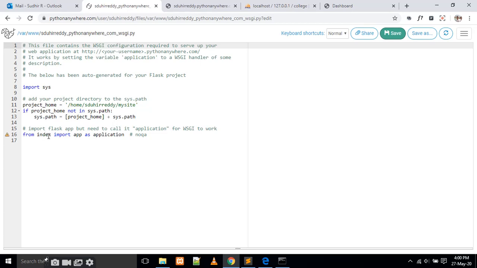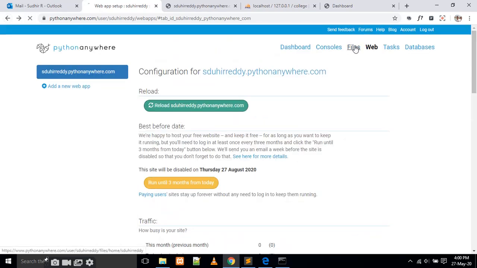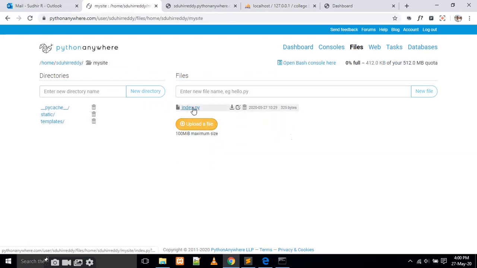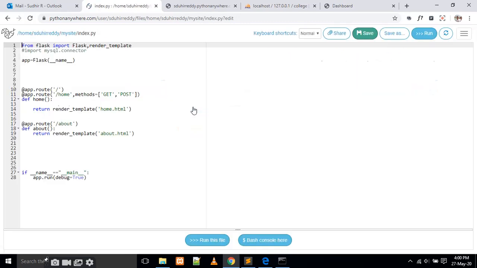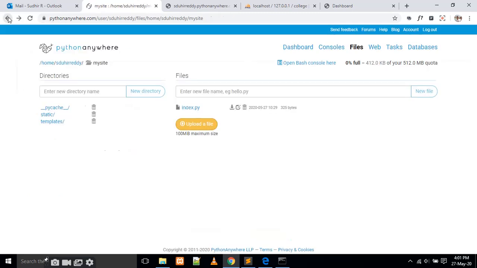That's why I am writing index here. Why am I writing app? I am moving into files, moving into my site. In index.py, yes, I am writing app is equal to Flask, right? That's why I am writing app. For example, if this is another name, we have to write that other name there. Okay, I think it is clear, everyone.